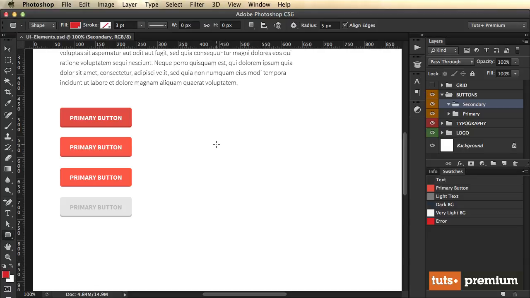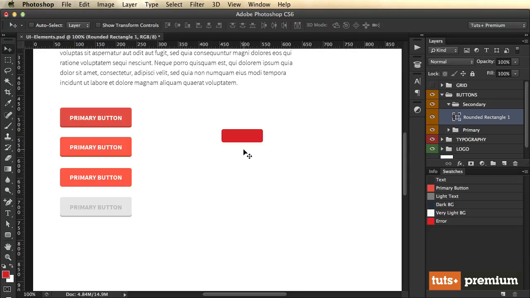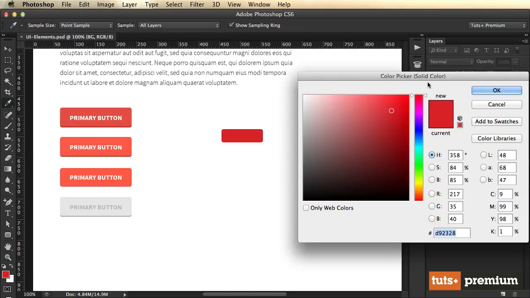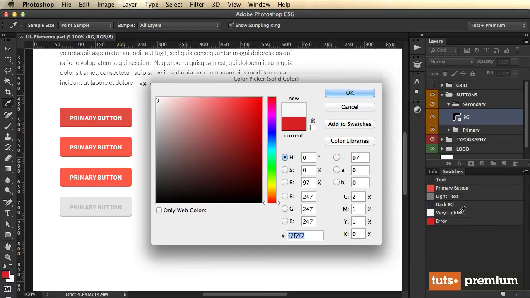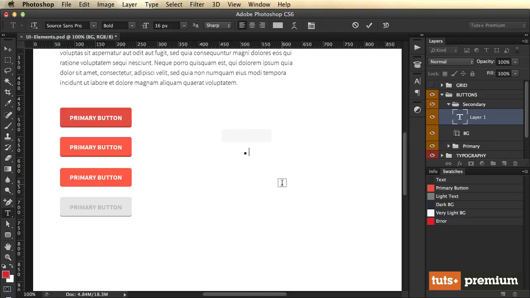Grab the round rectangle tool again, 5 pixel radius, and the key thing here is to have a height of 32 pixels per button. Okay, call this BG. We're going to use the very light BG swatch. Okay, and for the text, let's do like